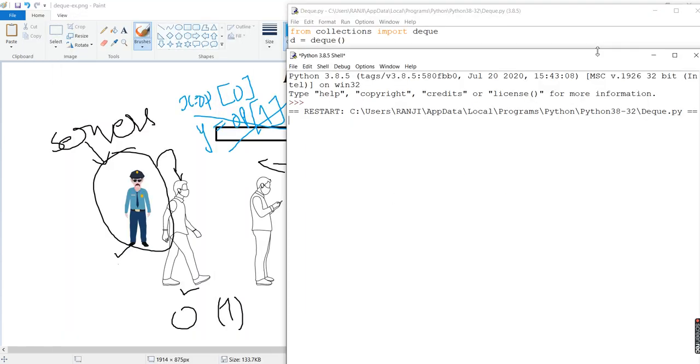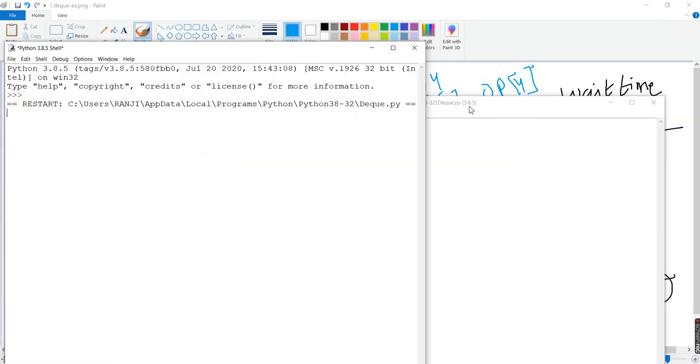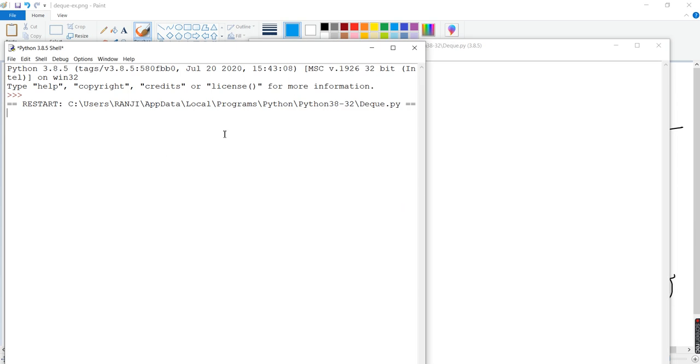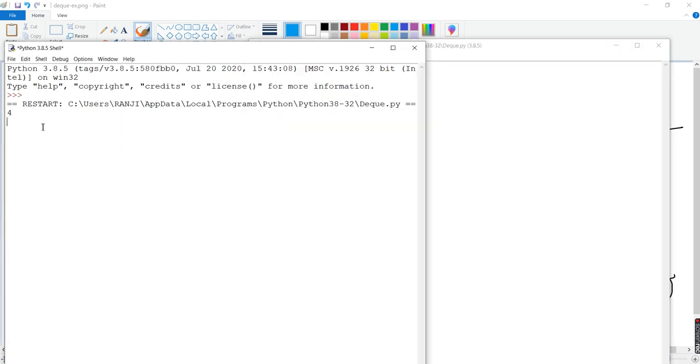Okay, so we have the shell ready. So I'll just bring this screen here. First I want to perform 4 operations. Now the cursor is again here, expecting input. It has run the line that corresponds to the int input, the number of operations, and now we'll give input for the operation of each operation.